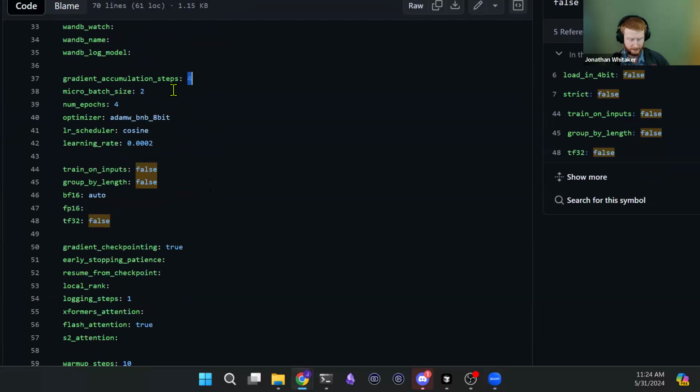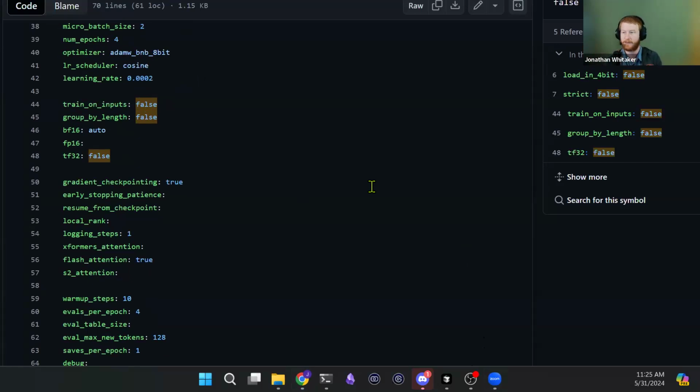Okay, so this is batch size of 2 per device. I guess assuming this is one GPU, and then 4 gradient accumulation steps, so effective batch size of 8. Let me look at the question again. There's optimizer. Oh yeah. With LoRA, changing the optimizer from Adam to SGD is not going to get you a huge savings, because the LoRA parameters are so much smaller than the base weights. If you were fine tuning the full model, then switching to SGD might be a good trick if you're struggling and short on memory. Yeah, gradient checkpointing on, that's good.